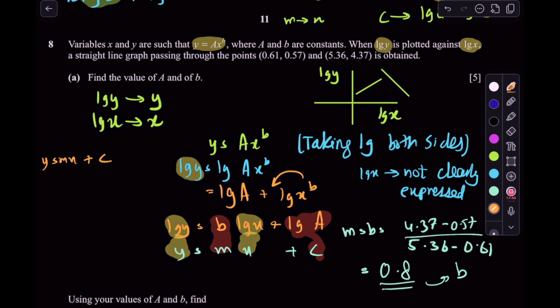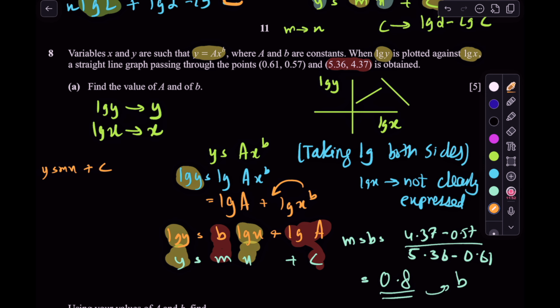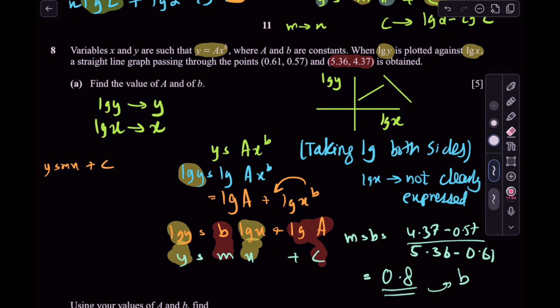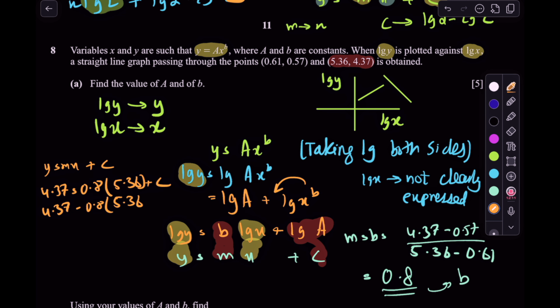And so what is my y? Well, I'm going to use the coordinates for this question. I'm going to use this coordinate of 5.36 comma 4.37. So my y is 4.37, which equals my gradient, 0.8, times my x term, 5.36, plus c. So 4.37 minus 0.8 times 5.36 equals c, and my c is basically